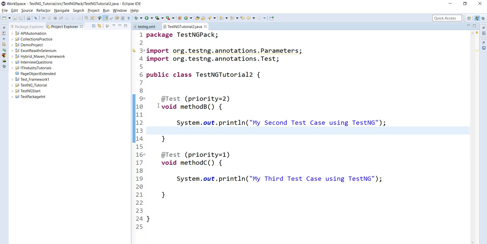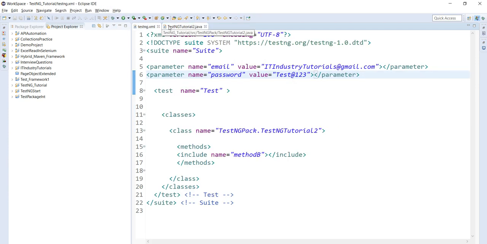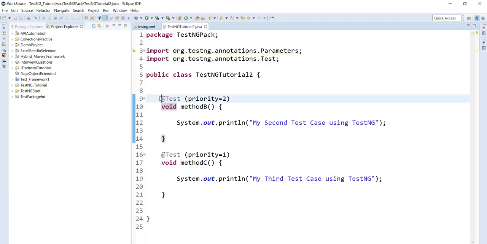In our usual scenarios, in our test cases, we provide the value somewhere. We declare here that, okay, enter this value in the email and enter this in the password. So we provide everything in our test case. Now I want to fetch the value from this TestNG XML, so I can use these values in this test case.